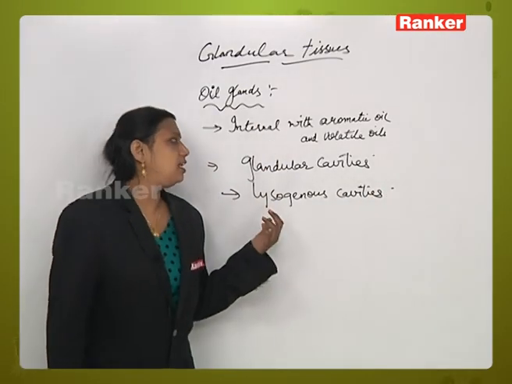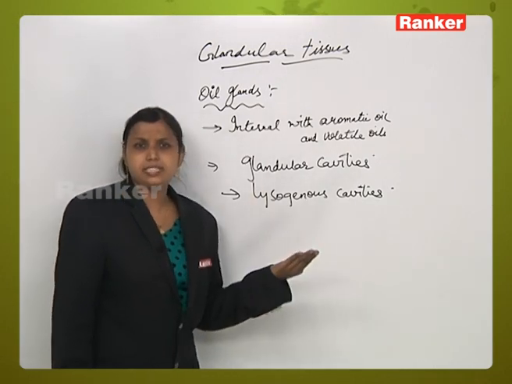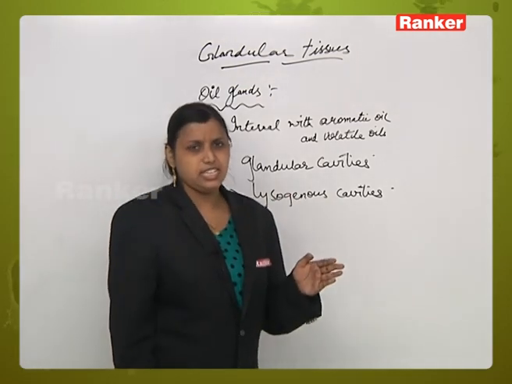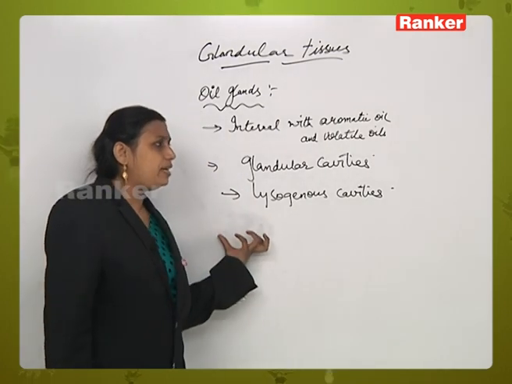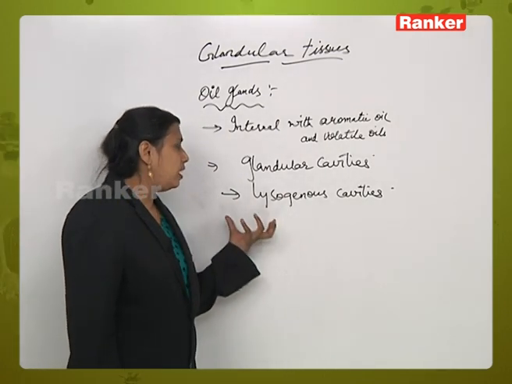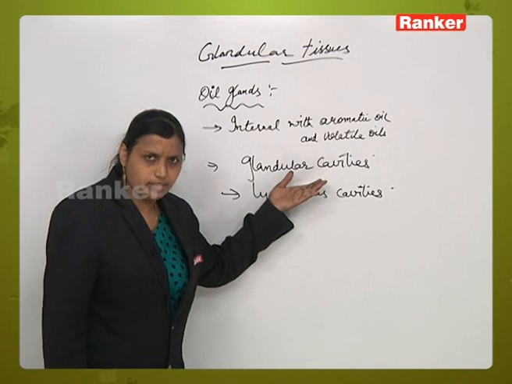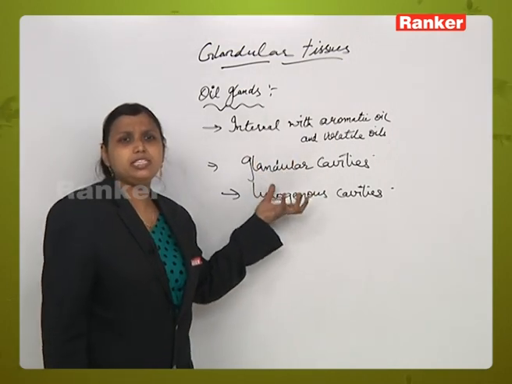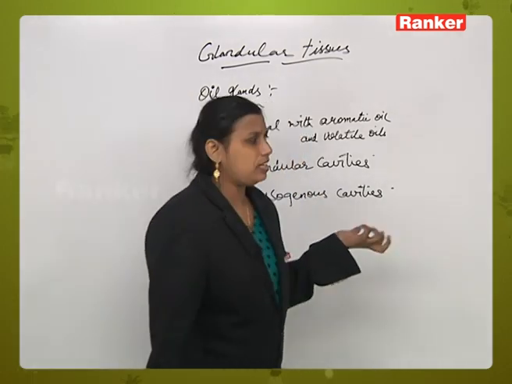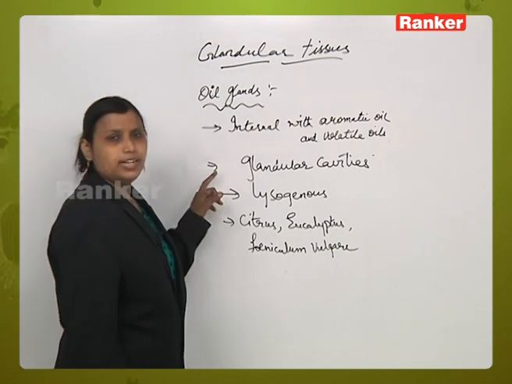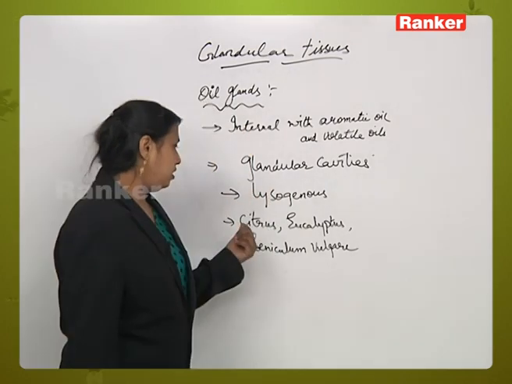As we said earlier, oil glands are formed because of the breakage of the existing cells with the aromatic cells, and after the breakage these cells get degenerated. After the degeneration of the broken cells, the aromatic oils are stored in some cavities. Those are called glandular cavities, and these cavities are lysigenous in nature. This type of oil glands is normally found in citrus,